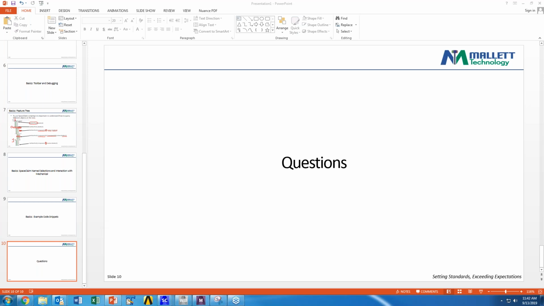Okay, so then with regards to questions, I do see we have a question in the question pane there. Yeah, so it looks like we have two questions. The first would be, how do you select all the bodies within a given coordinate range? For example, between z coordinates -10 and +10.